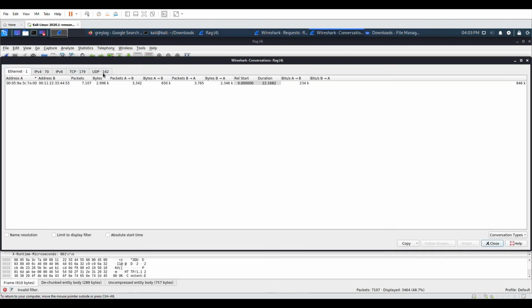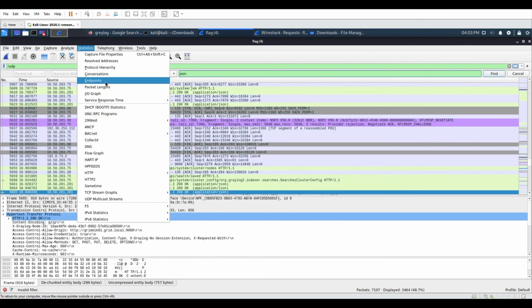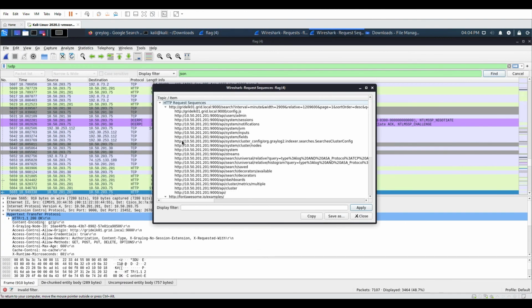So conversations, you see, this one is for streams of data, so the UDP streams and stuff like that. And we could see endpoints, packet length, depending, any information could be hidden anywhere. So it could be the extension of a file, it could be where our data packets are going. Since we think we're trying to look for HTTP, here is for HTTP GET requests, we could see request sequences, and through that